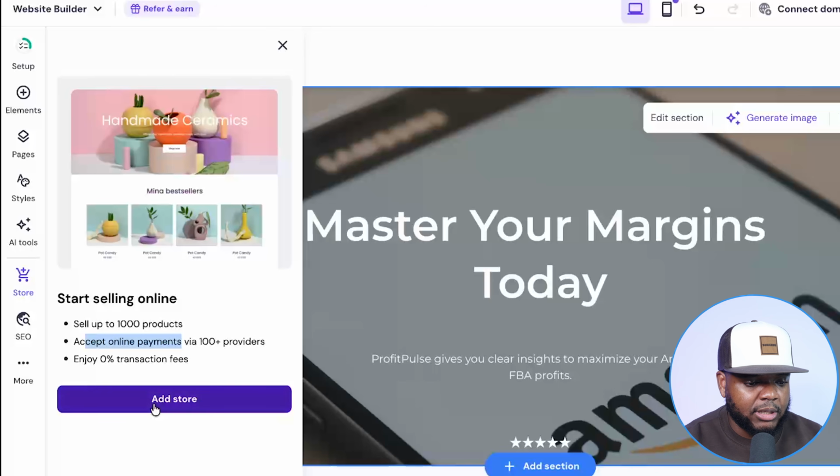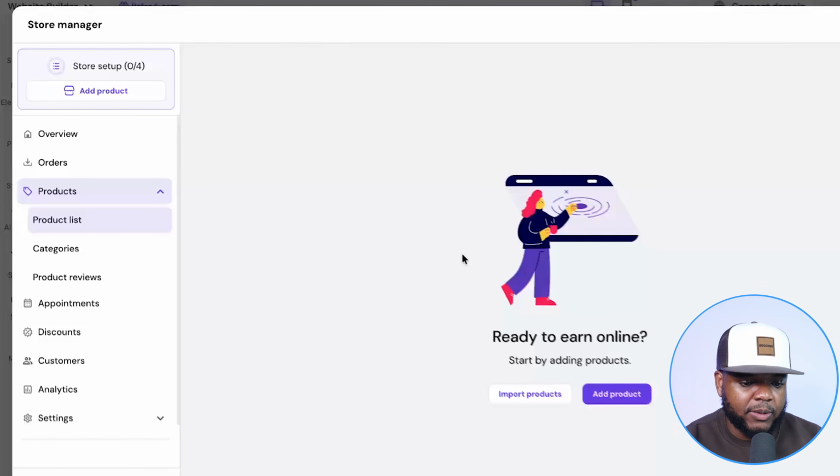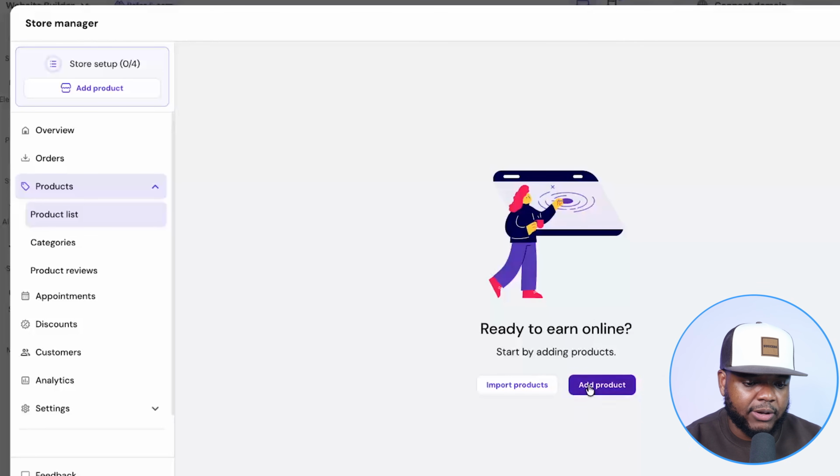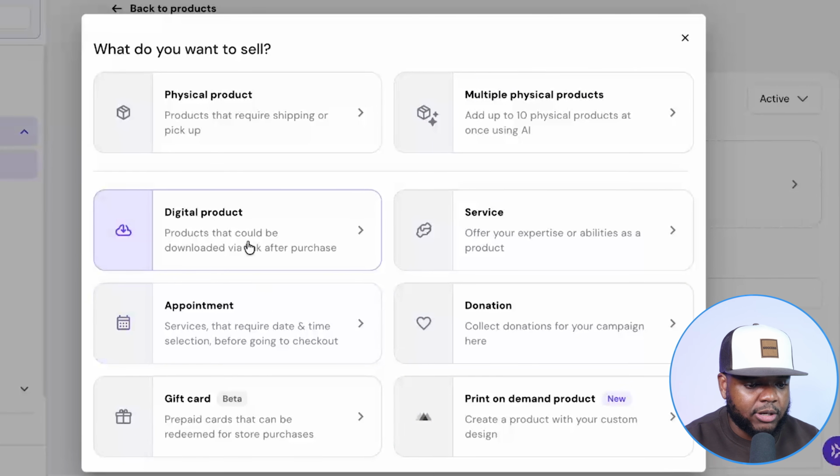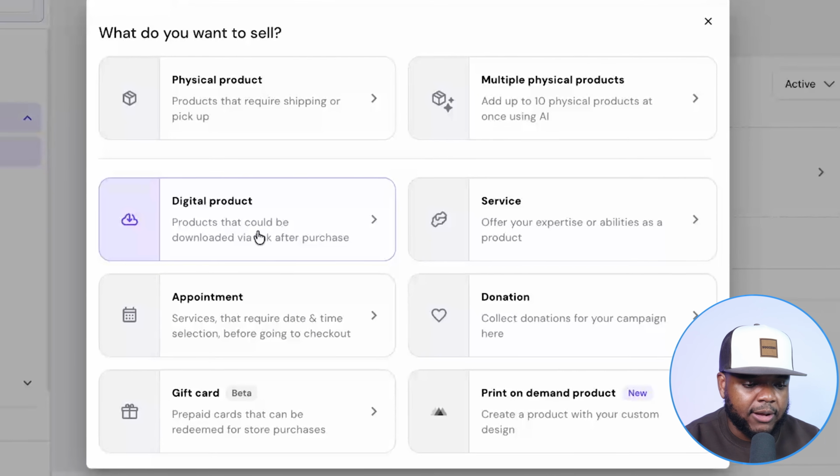So all you need to do is just click on add store. And it's going to be from this point where I can now start adding products. So if I just click on add, we've got all of these different options when it comes to adding all these different ranges of products. We've got physical ones, multiple physicals, services, donations, appointments, gift cards, print on demands. And we've also got digital product, which is the one that we're working on,